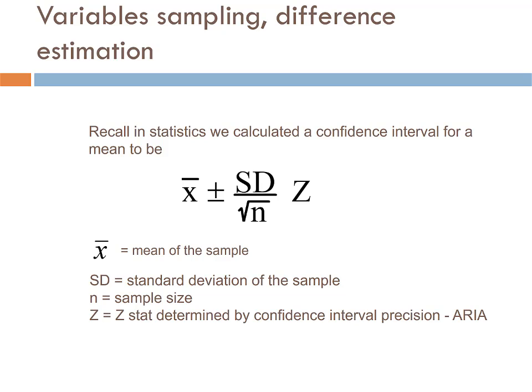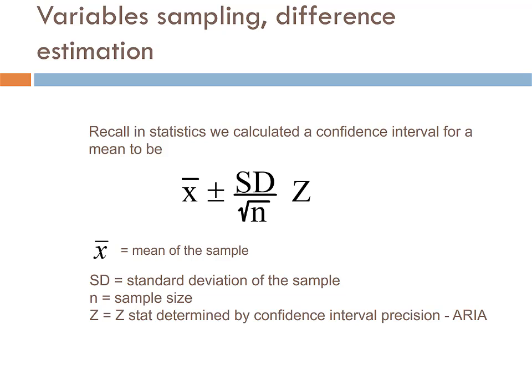So here is statistics. This is from your statistics class. Hopefully this formula looks relatively familiar to you. You remember when we calculated confidence intervals, we would take an X bar, a mean of a sample. We'd take a sample and calculate a mean within that sample, and then we would project that mean onto the population to see if we could come up with a population mean. So we would take the mean of the sample, which is X bar there, and then we would add and subtract